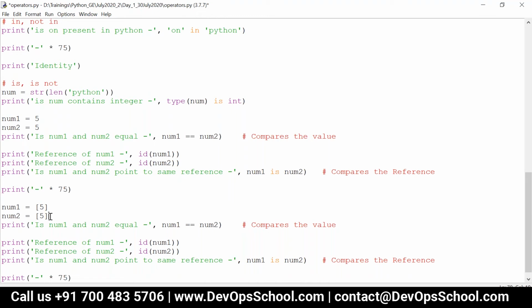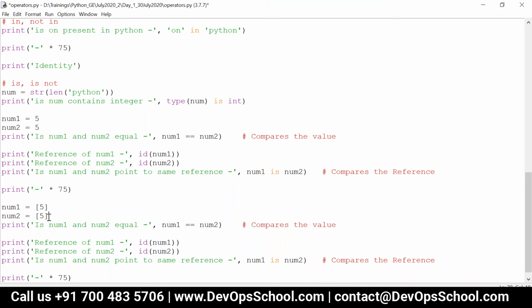Now if you say num1 is equal to num2, it will be true because on the basis of the values both are the same. But if you see the reference of list1 and the reference of list2, it will be different because it is a mutable type. That is, I can modify the elements at any point of time.